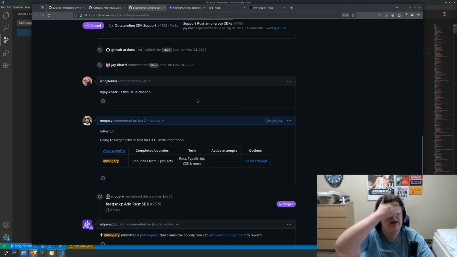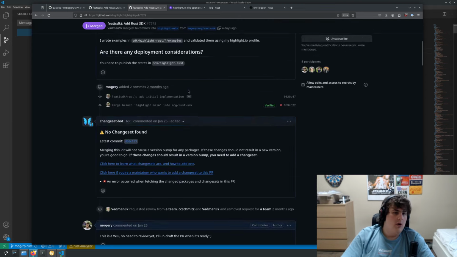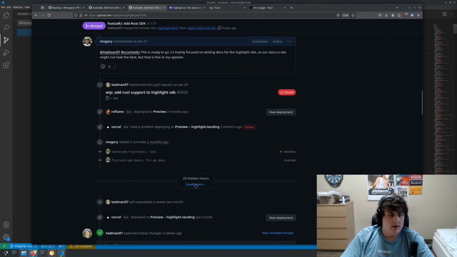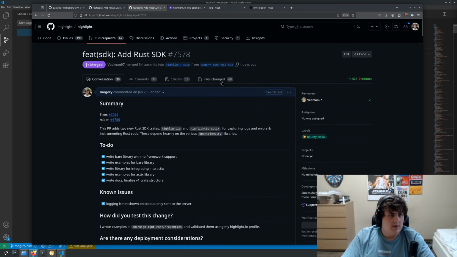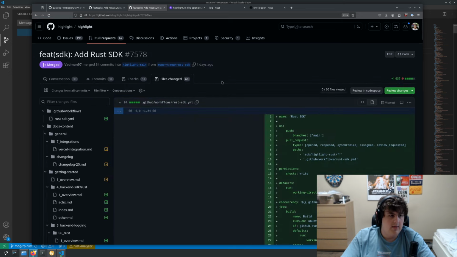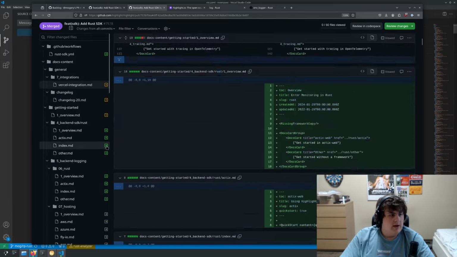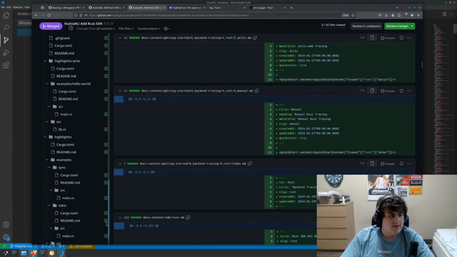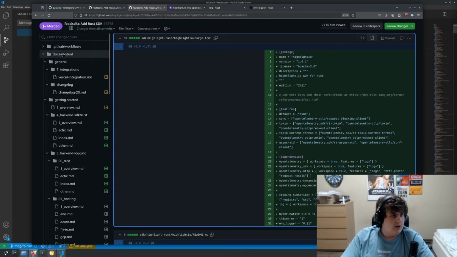It was actually quite a big thing because I hadn't worked with OpenTelemetry before this. So it was interesting. I also ended up running into some odd issues with the Tokio runtime. Things happen, basically. It just took a lot of debugging to get everything to work right. So let's take a look at the diff here. This is just docs changes, which is not the most important thing, I think. But if I actually collapse this,